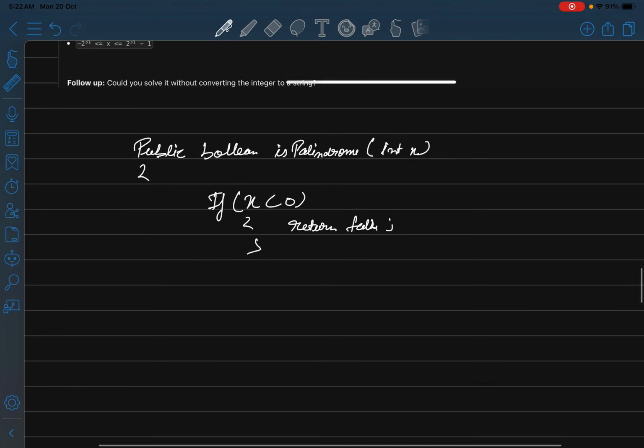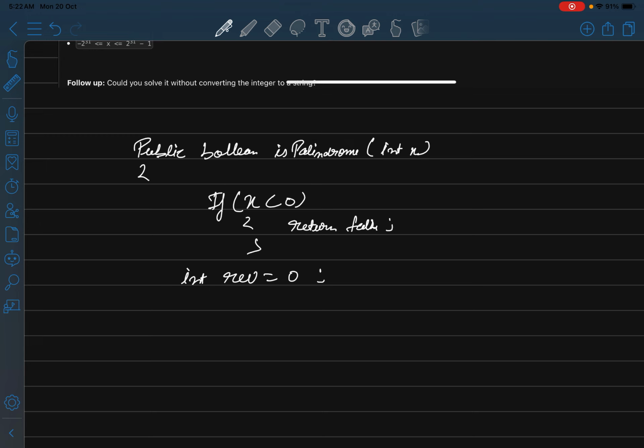Okay, after this I create one variable, int reverse is equal to 0. In this variable I store the reversed number.